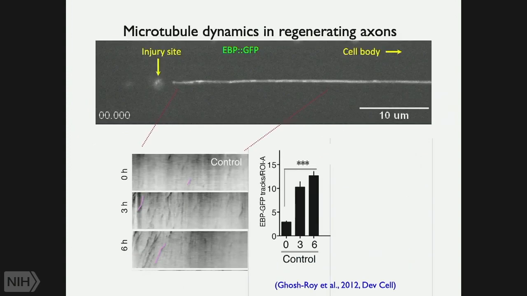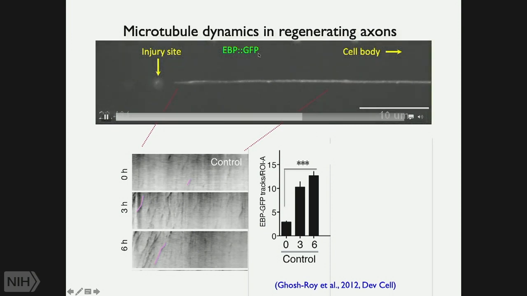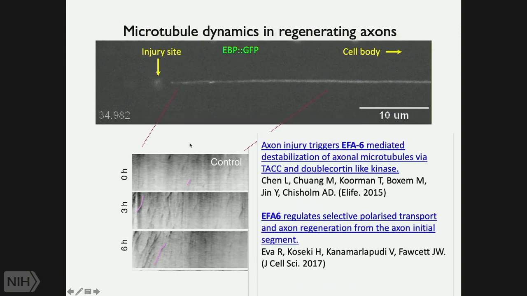Additionally, we've been exploring both membrane organelles as well as the cytoskeleton. One of the very traditional markers for looking at the cytoskeleton is the microtubule plus-end binding factor, called EBP. What you see here is a single axon, less than 1 micron in diameter, with probably only about 10 or 15 microtubule fibers. In this movie, you see the injury site, and the EBP-GFP forms bright white spots, which are converted to a kymograph, and the EBP sites correlate to the microtubule dynamics